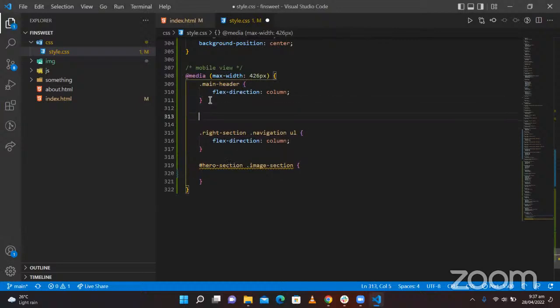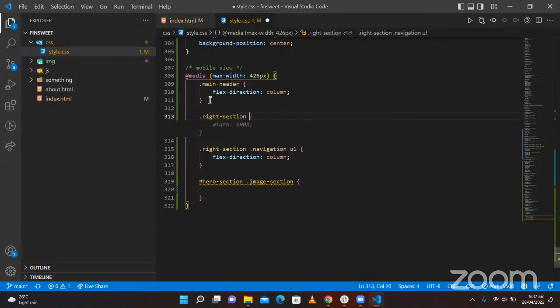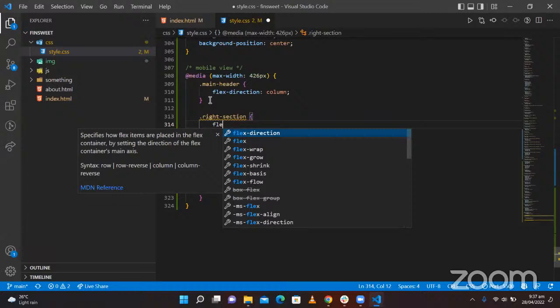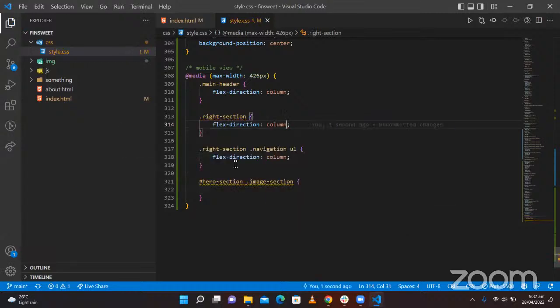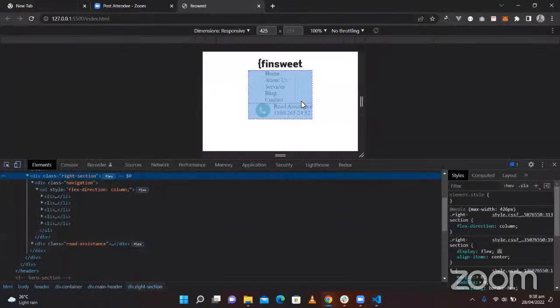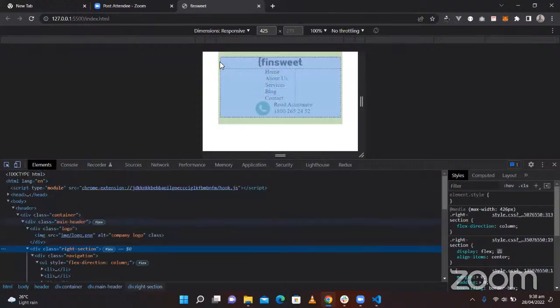So I'm just going to target my right section, and then flex direction of column. All right. So we have this, but